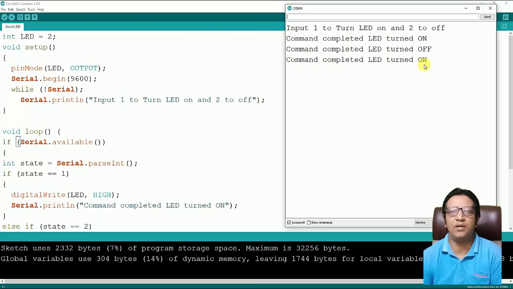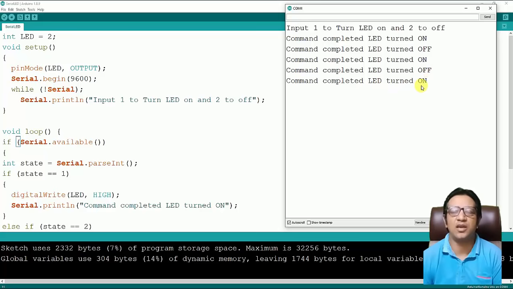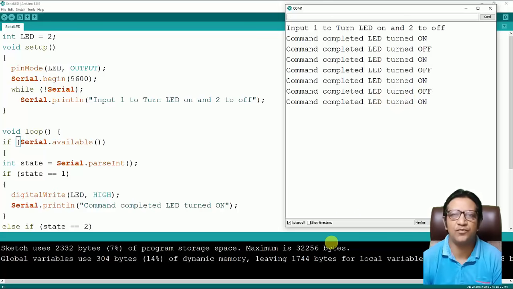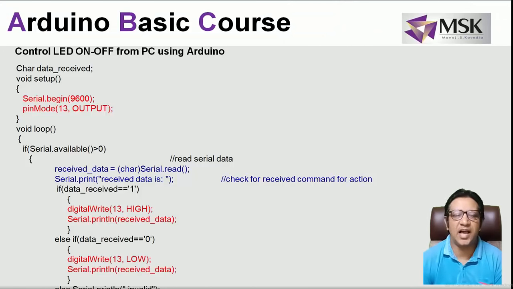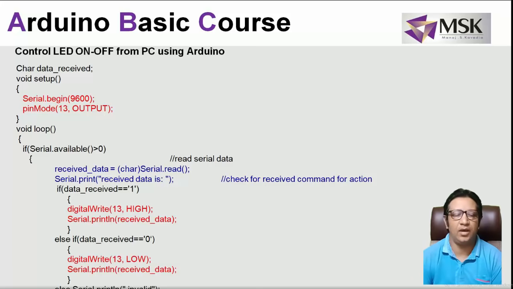Now you can write any of the pin numbers you like, from 0 to 13. That is, all 14 pins I can use for serial communication, or I can even connect a buzzer, a motor or a relay, anything which is to be controlled with serial communication from the PC. In this case I have taken pin number 13. In the loop function, the very first thing I am checking is whether the data is available from my PC or not. If the data is available, I am reading this data.